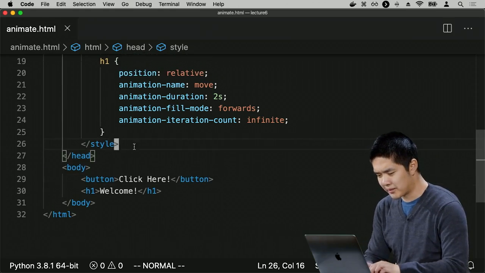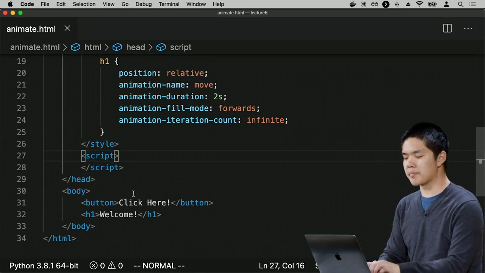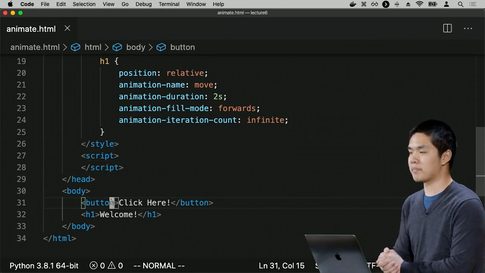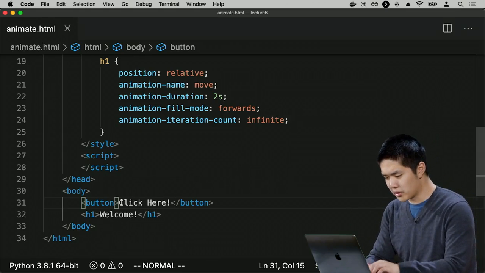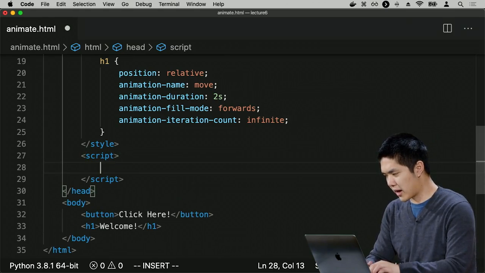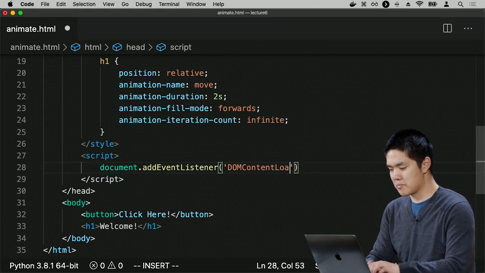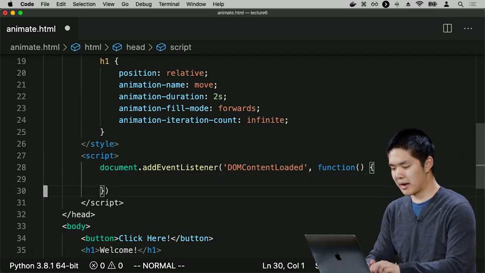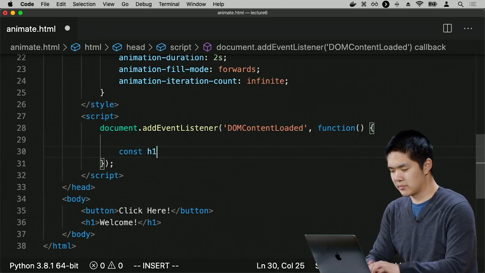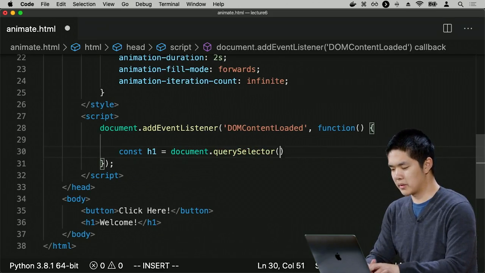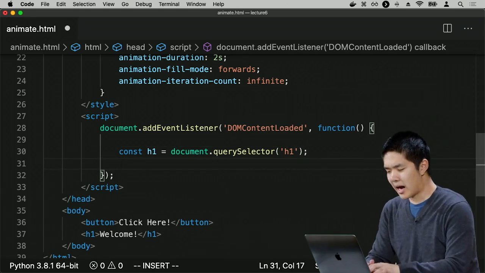And now what I'll do is add a little bit of JavaScript. I'm going to add some JavaScript so that the button can now control the animation, decide when the animation is going to start and stop. And so what we'll do inside of this script is to first say document.addEventListener, DOMContentLoaded, meaning wait until the DOM is done loading, as we've done before. And let me now get that h1 element, document.querySelector('h1'). And initially, I'm going to set its